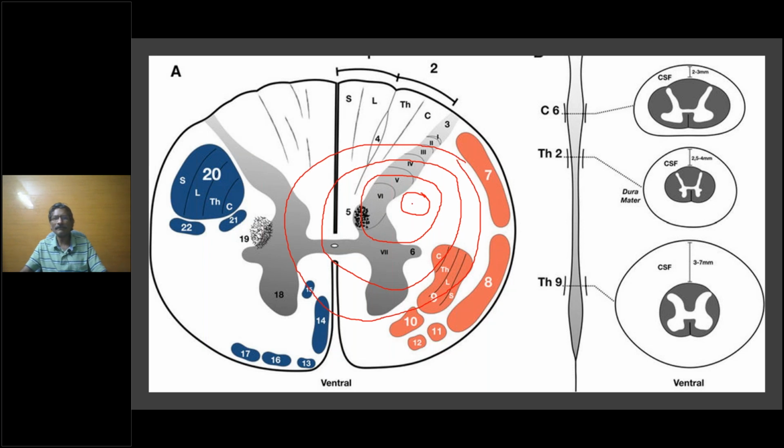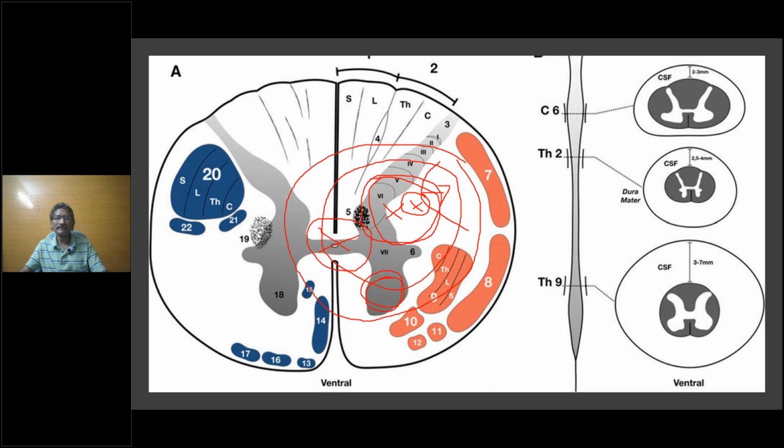Okay, it is expanding. What happens when it is at this spot? No weakness will occur. When it is here, depending on the pyramidal tract, because the pyramidal tract will be somewhere here, this tumor will compress the pyramidal tract and it can cause weakness. Once the tumor comes to the central part, it will cut the crossing fibers of pain and temperature, so it can cause dissociated sensory loss. When it goes here, the anterior horn gets affected and it can cause fasciculations.